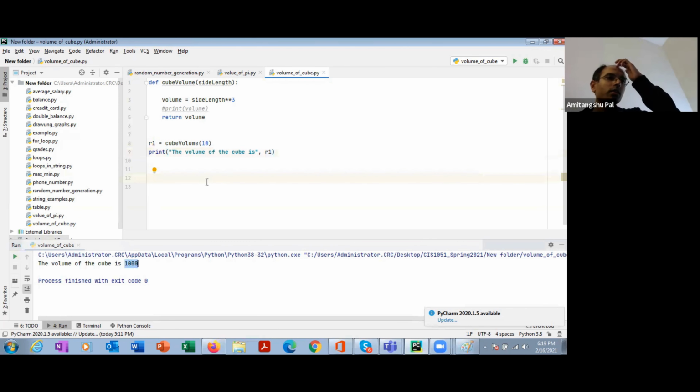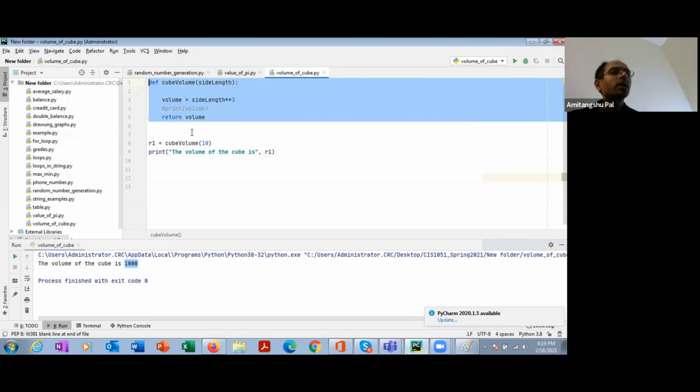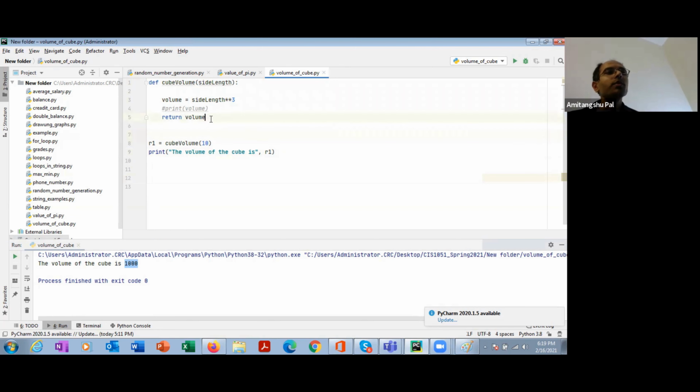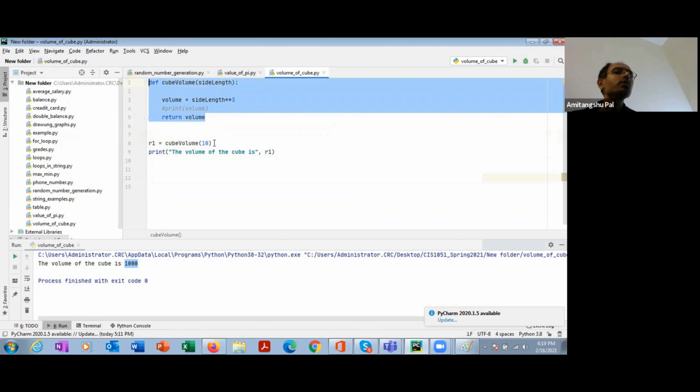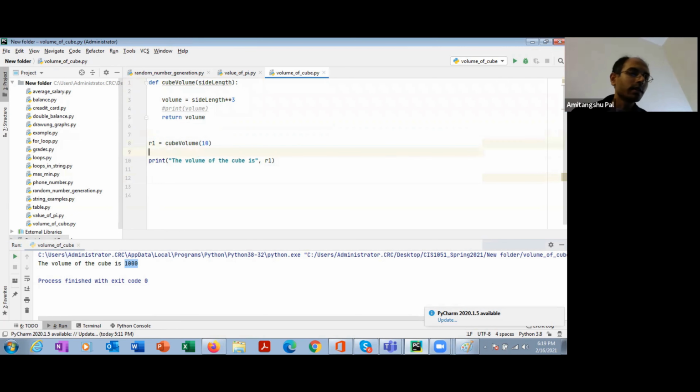Correct? Now, what is the advantage of writing the function? Function makes things more organized, but not only that. If you write a function once, you can reuse it several times with different side lengths. So I can just reuse it. I can find out the volume of the cube if my side length is 5.